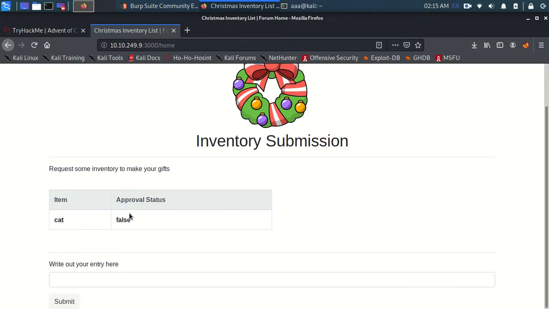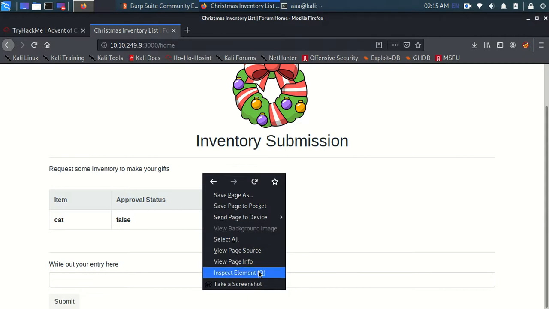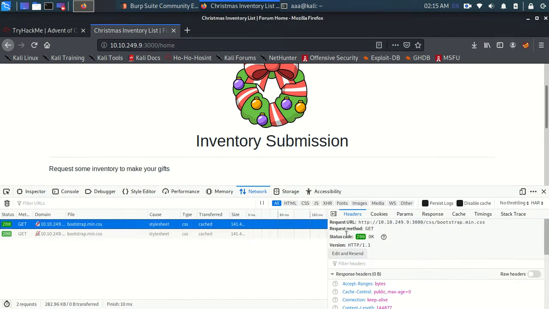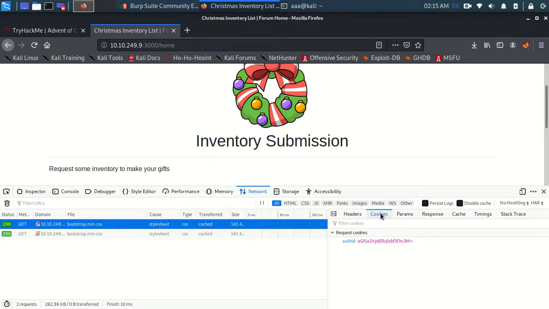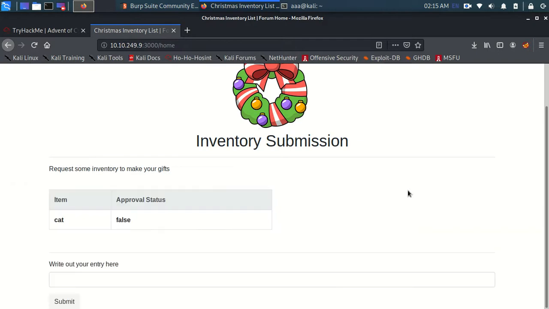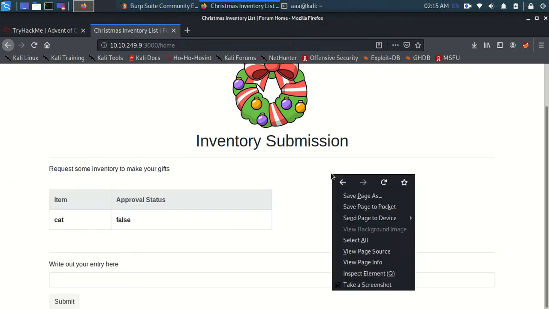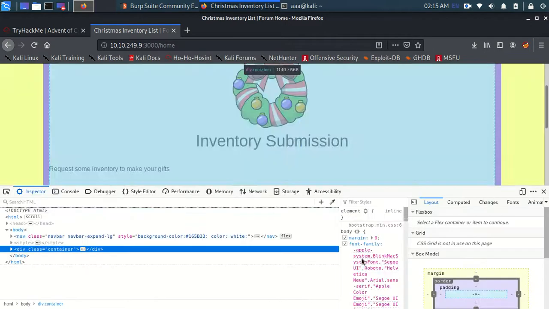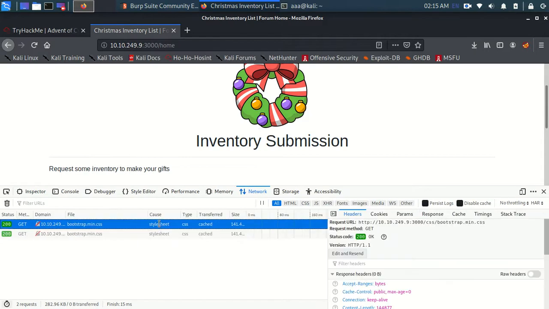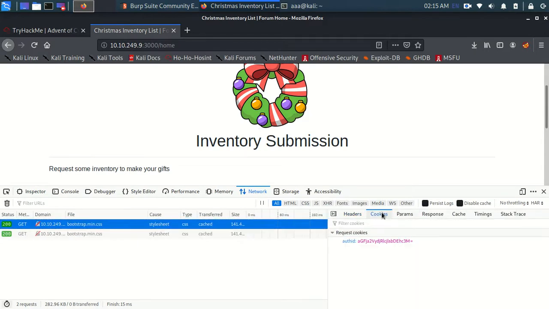This is just a normal website and you can see all of this is happening. So where does the cookie come from? When I logged in the first time, you can go into cookies and check that this is my cookie. Let me copy this and show you how I brought up this screen. I right clicked, went to inspect element, went to network, and went to this GET request. Any GET request is fine actually. I went to cookies and then copied this cookie.